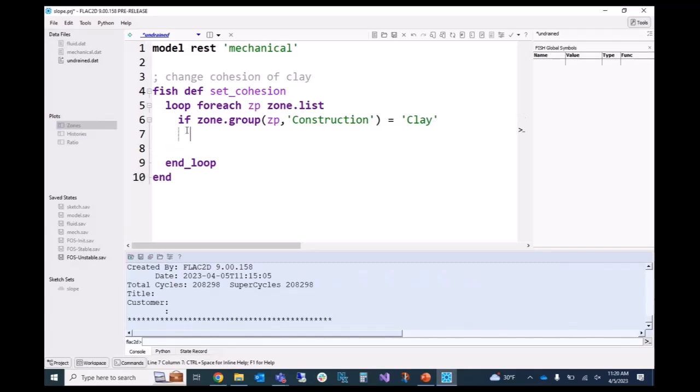then I'm going to change the cohesion: zone.prop of zp, comma, cohesion, again a string. So these property names are strings. zone.prop for property, zone, comma, whatever property it is we want to change. So in this case, cohesion equals